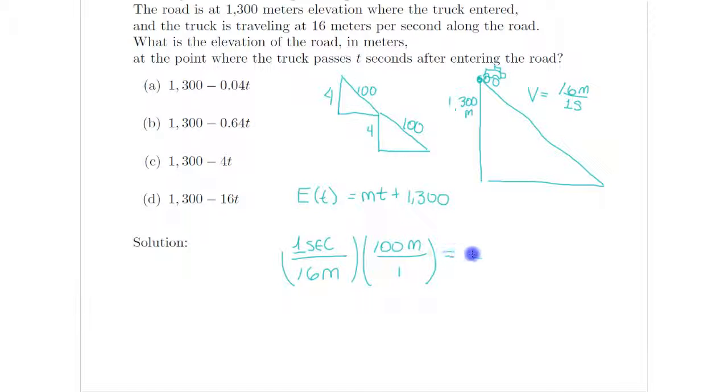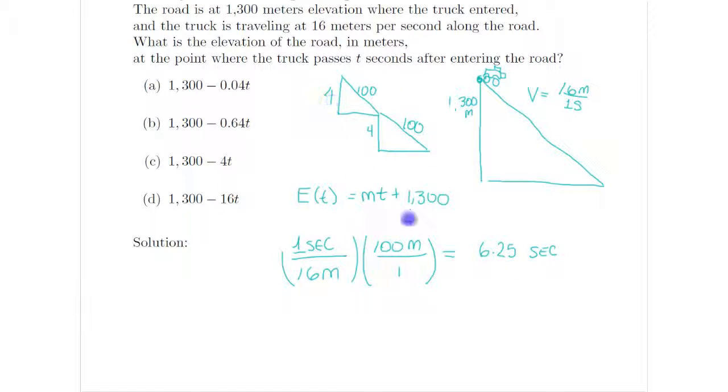So that becomes 6.25 seconds. Okay? So in 6.25 seconds, this distance is 100, therefore this distance is 4,